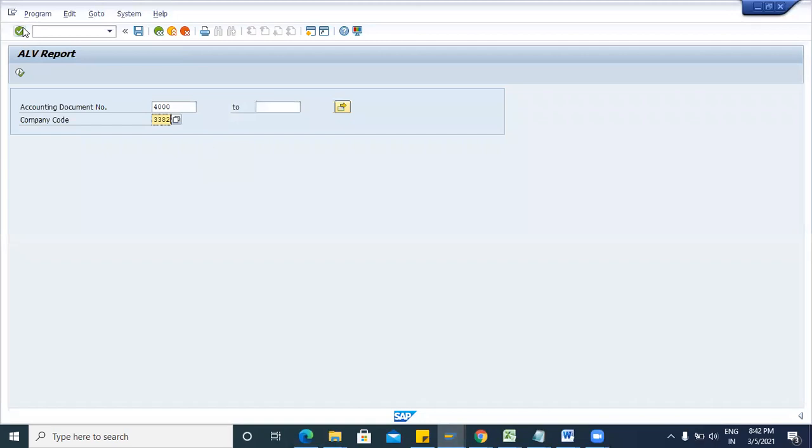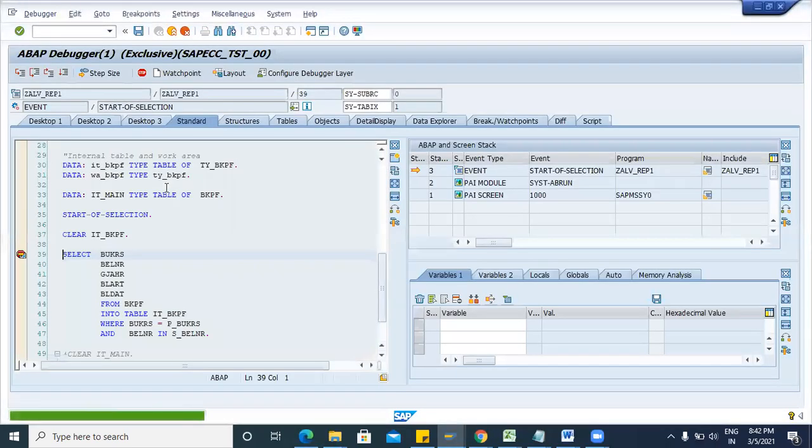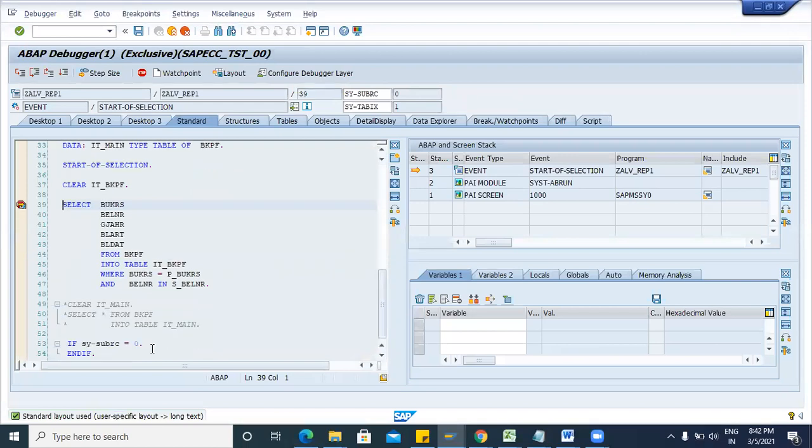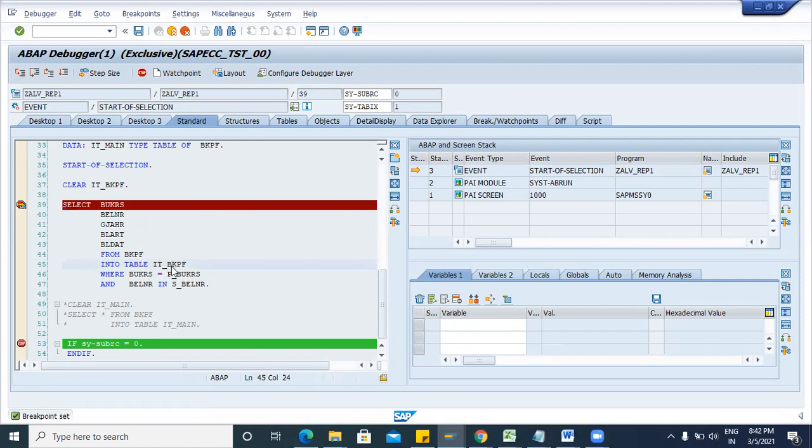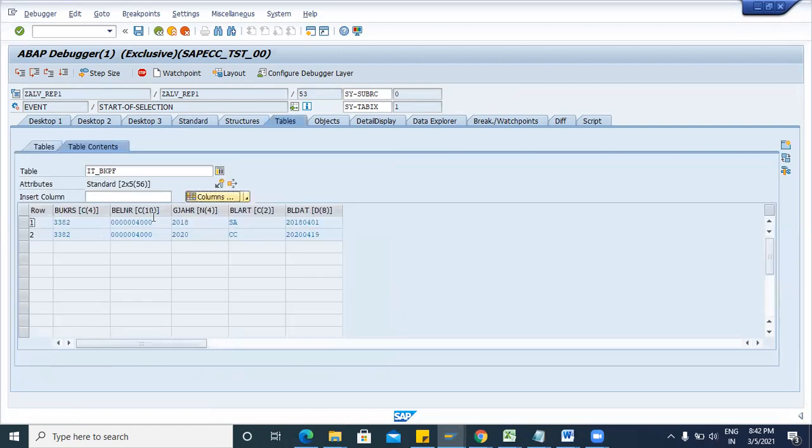Now I will show you in the internal table also. Put a breakpoint at IT_BKPF, then press F5. So here you can see only two line items.